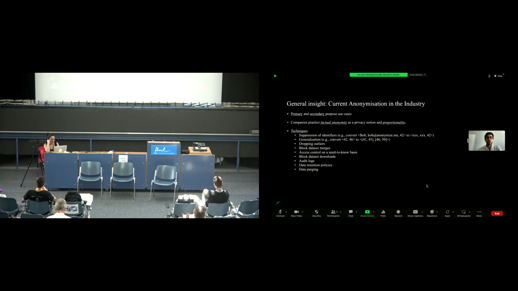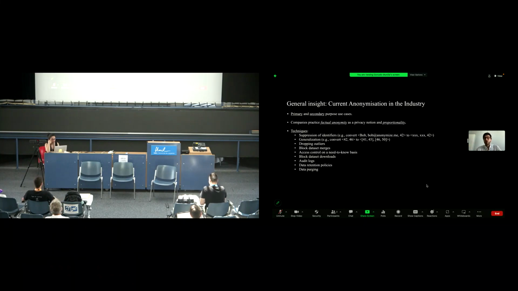The anonymization they use is based on factual anonymity, which is basically a heuristic that tells you that you should make re-identification so costly that it doesn't compensate the benefits of re-identifying someone. And also they use proportionality, in the sense that they would only collect what is strictly necessary. Some of the techniques they used are suppression, generalization, they would drop outliers, etc., which are very good and complementary